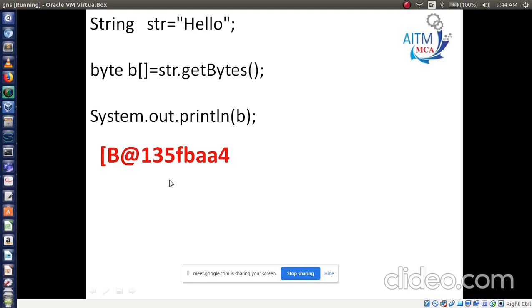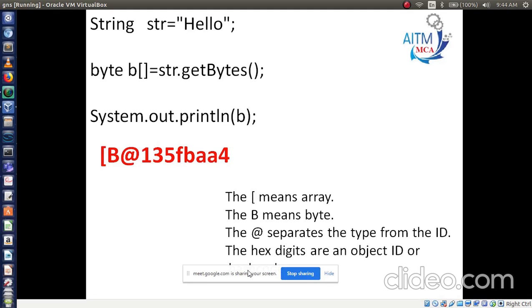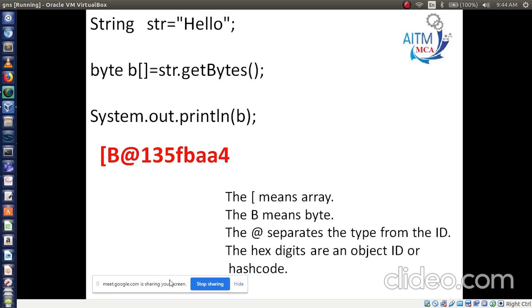First understand this. This bracket means an array. The first bracket represents what here? Array. Then capital B means it is a byte. And the at symbol represents what?